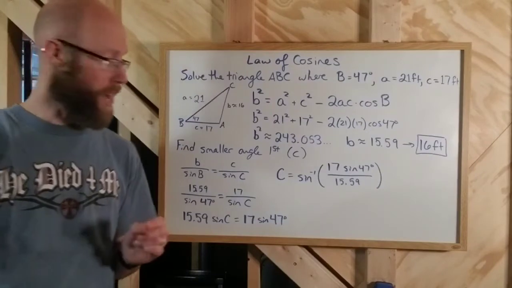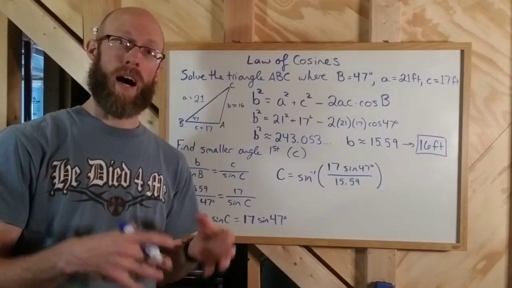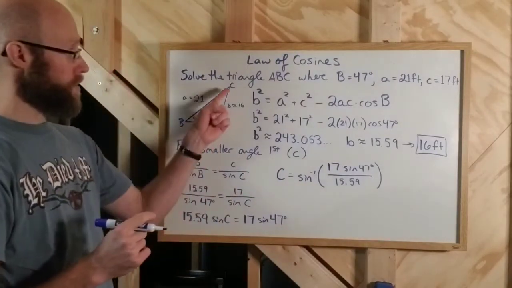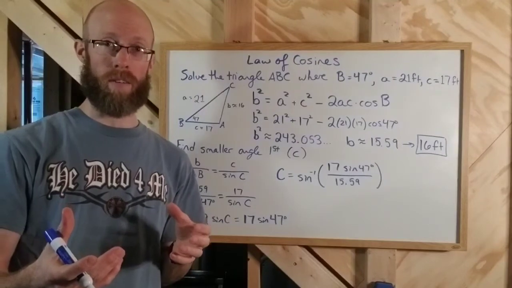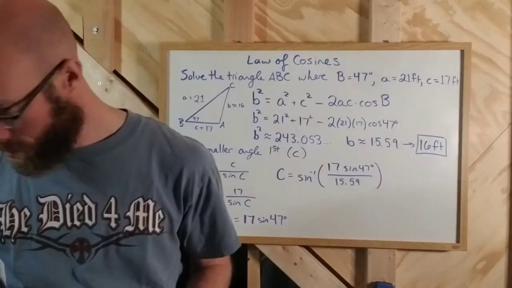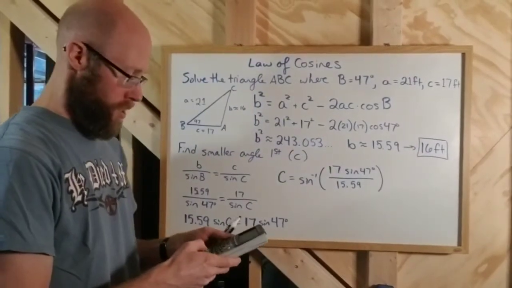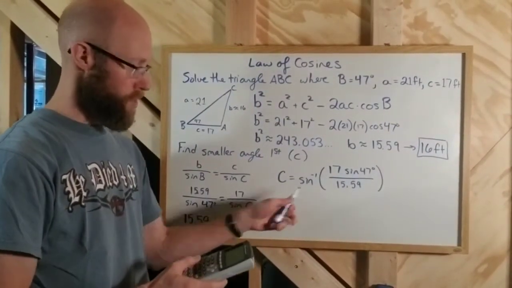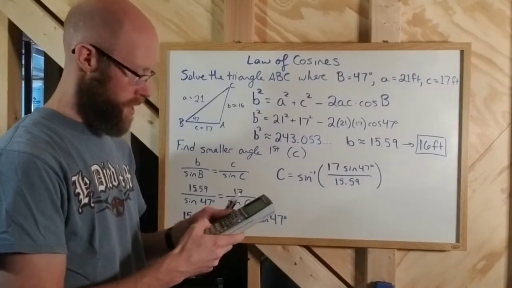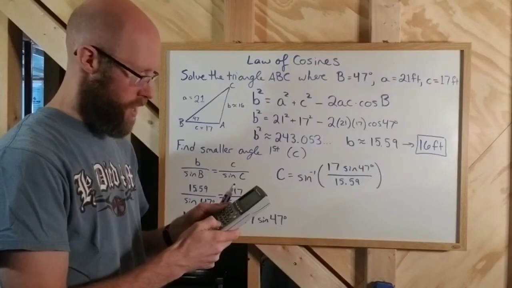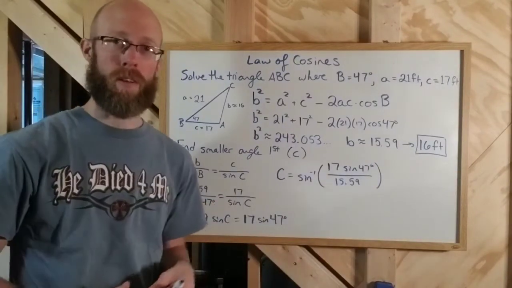Now remember, the inverse sine is going to give me either a first quadrant angle or a fourth quadrant angle. I know that angle C is going to be acute, so I know it's going to be a first quadrant angle. Okay, so I can always translate it in my calculator. There it is. So I'm going to use inverse sine of 17 times the sine of 47 degrees divided by 15.59, close parenthesis,